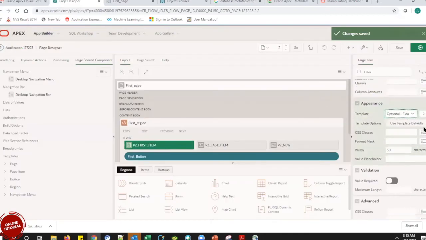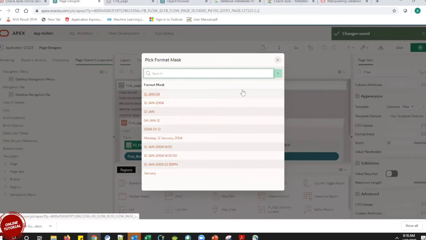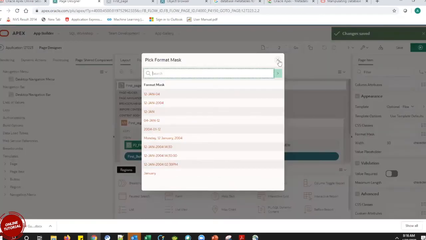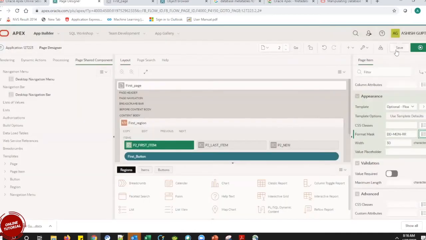Oh no, this is something else again. Okay, yeah, I can do it from here as well, the questions that you are asking me. By default, it is what we can see. If I keep it in some different format, I can change it. So if I keep it as 12 Jan, I think I would be able to do it.